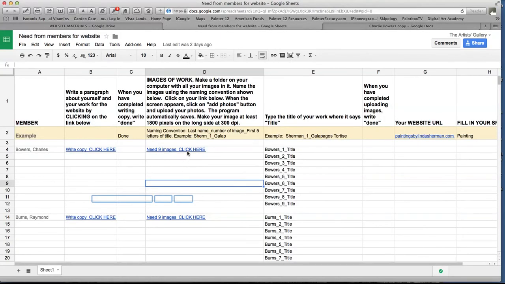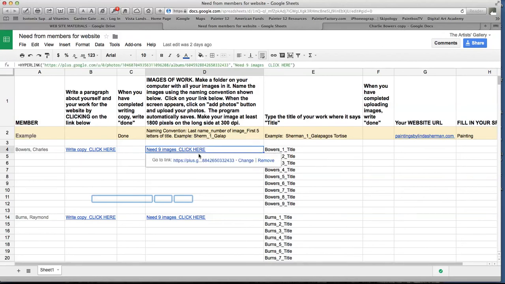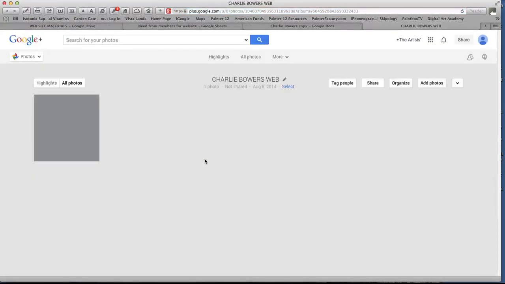Okay, now we're going to deal with the images. Here again, Linda's provided us with a link right to where she wants you to put your images. This would actually be the same way you would do it if you were asked to send images for a specific event, like for instance the show at Delaplane. We're going to try to create these albums first with a blank in them so that it's easy for you to upload and find them. So in order to get the images in here for the web,